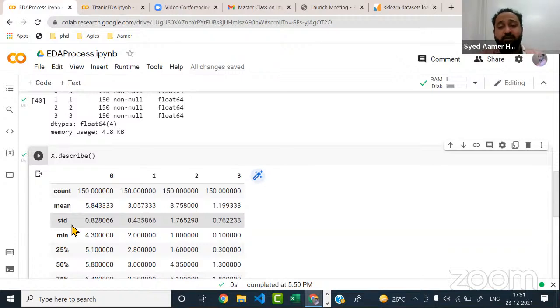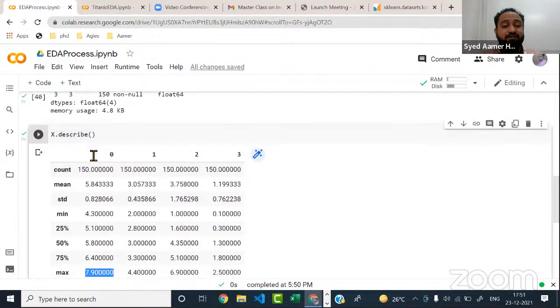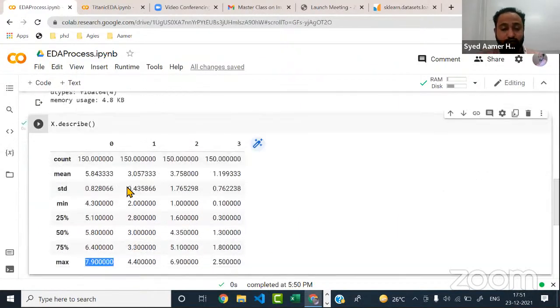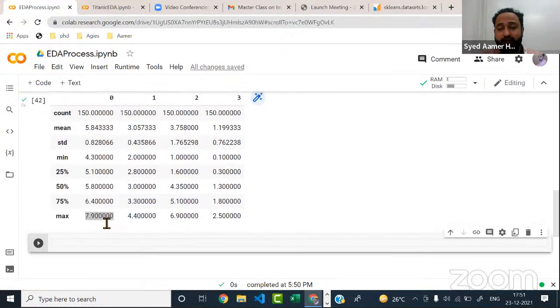No, it's of no use, right? And your describe function will drop those, and will consider only features which will be having numerical values. I hope every one of you got this. Any doubt as of now? Any doubt you have into this? Please ask me.